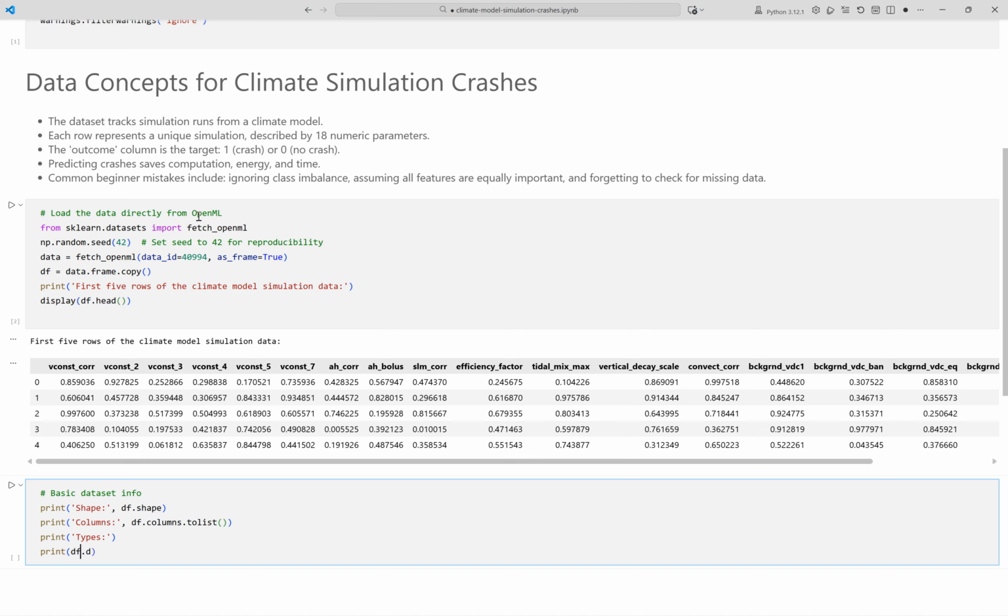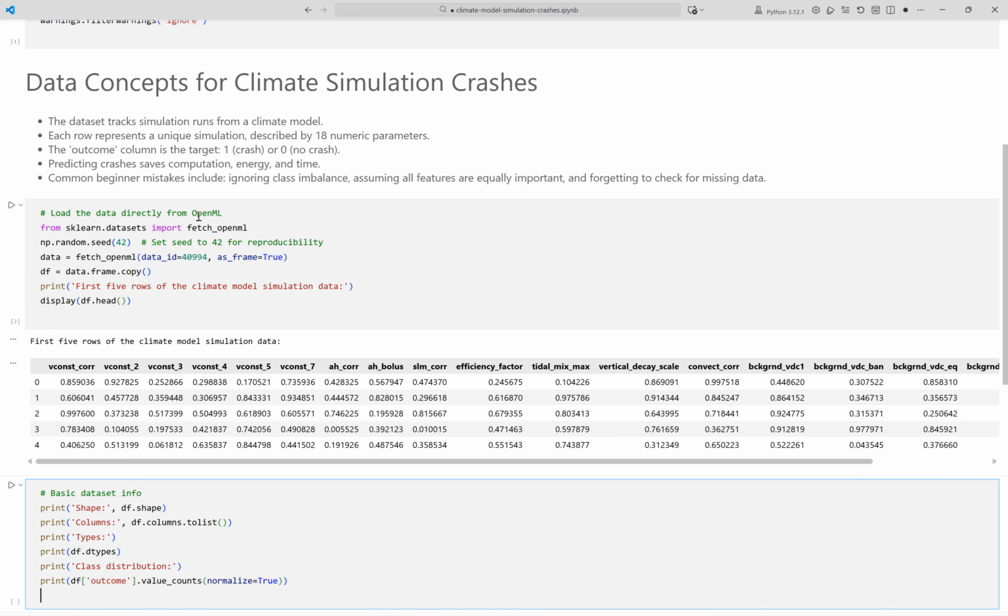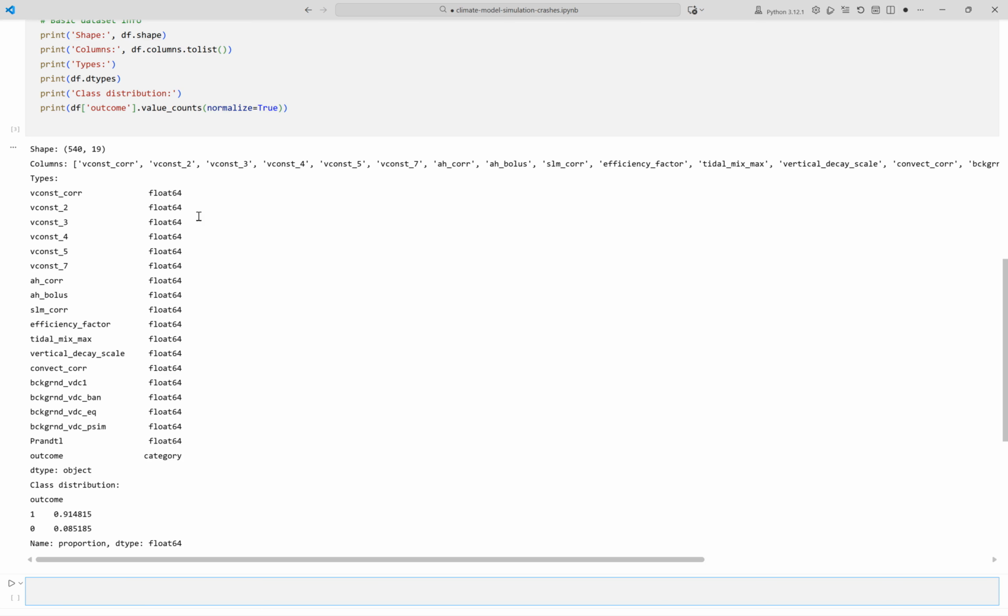We check how many examples are in each class. Class imbalance is very common and important to notice early. Finally, we show the fraction of each outcome value in the dataset. Running the cell now. This output shows the dataset has 540 simulations with 19 columns, including 18 numeric features and